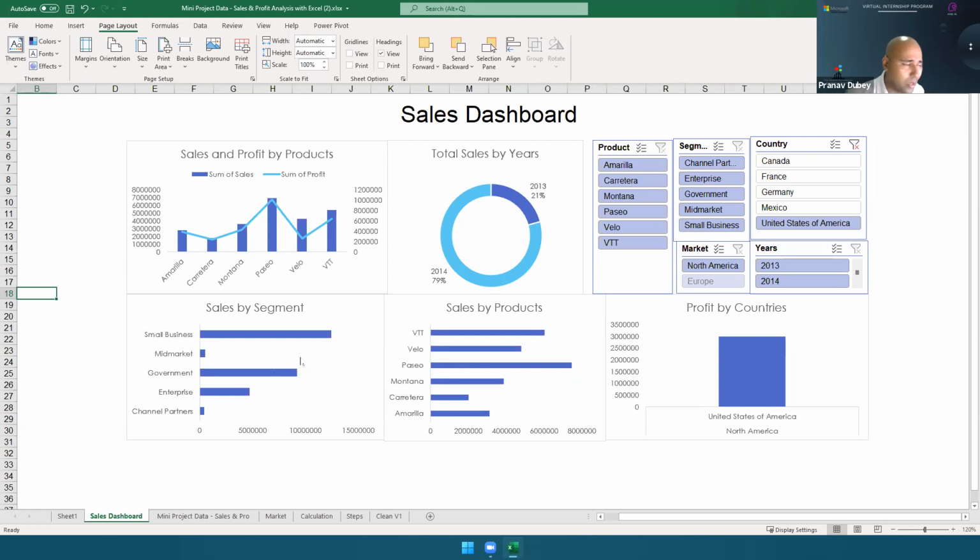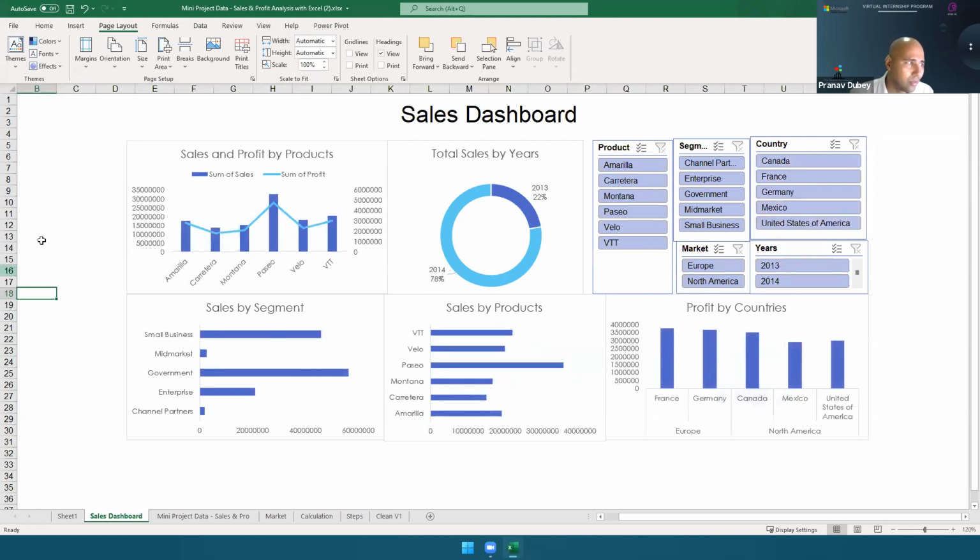Professionally, you can use any theme, really doesn't matter. Many times we try to use the theme which matches our company logo and logo color. So all companies prefer to follow a specific color pattern. For example, Facebook, their report, everything will be blue. Air Asia, everything will be red and white.